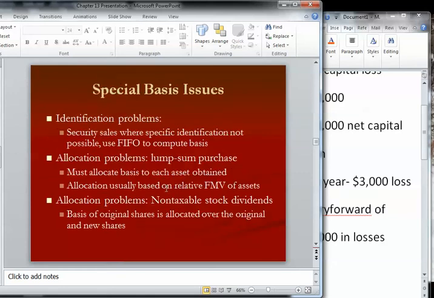Some other basis considerations. You're probably familiar now with the terms LIFO and FIFO for inventory tracking. The same idea hits when we have multiple assets. For example, if you end up with your 400 shares of GE stock and you decide to sell 20 of those shares, how do you know which 20 of the 400 you sold? A lot of times it's not possible to have what we call specific identification. When that happens and you cannot identify which 20 shares of the stock you sold, the tax rules say you're allowed to use FIFO treatment. So you choose the basis